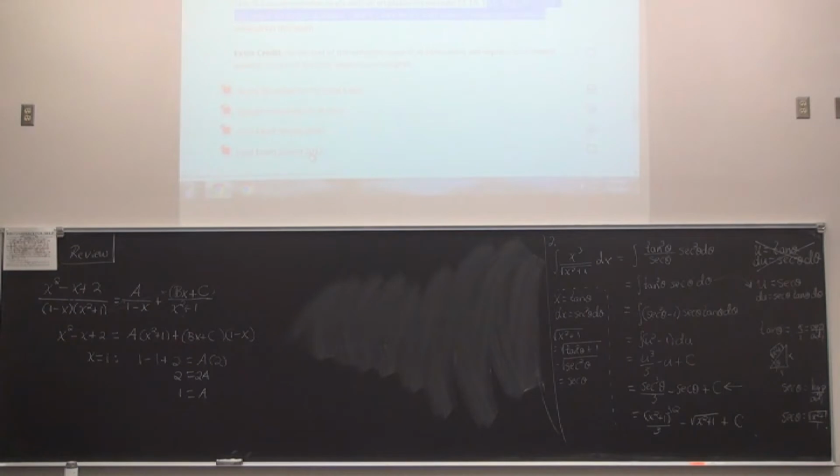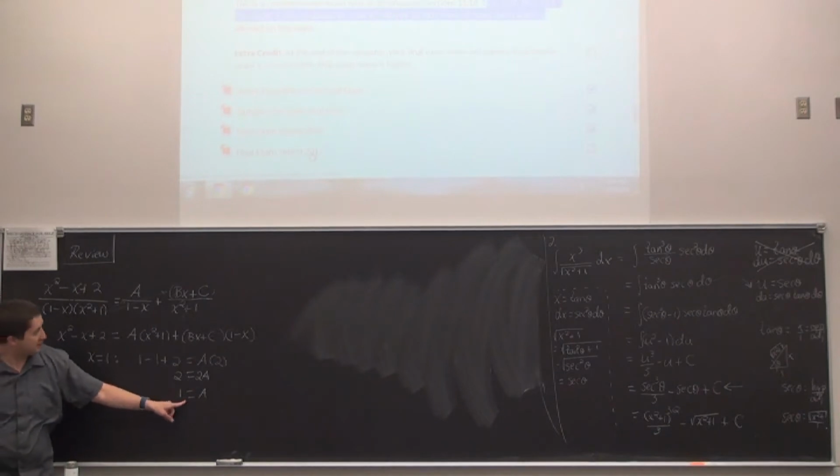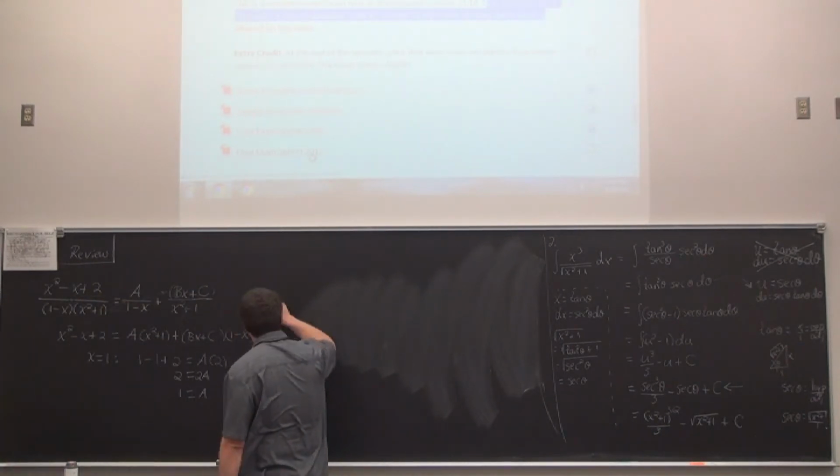And there's various ways you can do this. We could pick x equals 0 as the next easiest value, and maybe x equals negative 1 as the next easiest value after that. Then we'll get 2 equations for which we can solve. Or we can just equate the coefficients immediately right here. Maybe let's go that route, because for some problems that would be the thing to do. There may be no freebies like this one. So I'm going to mix both methods at the same time.